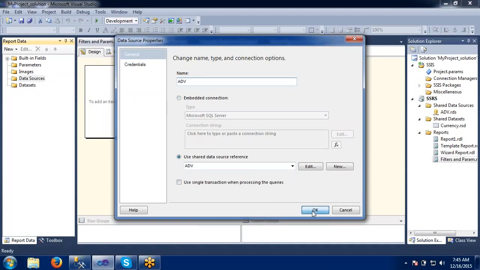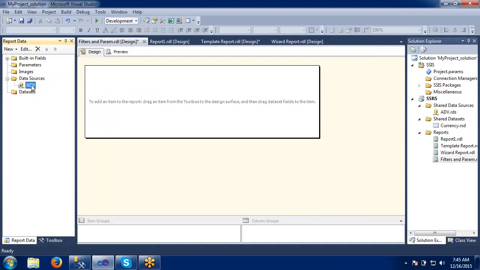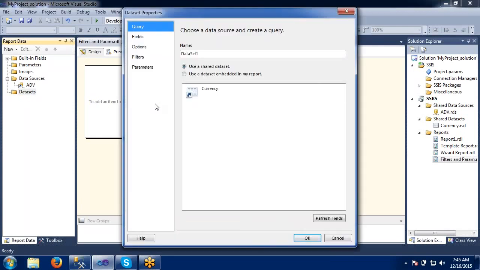I will give the same name here. So I have taken ADV as a shared data source. In future, if you want to create any new reports, I won't go and create a new connection again. I will use that reference, because almost all my tables are available in a single database. Now I am going to create a new data set, specifying all my tables here. It is asking for something here, so I will give some data set name, prod underscore ds, or just make it as prod.